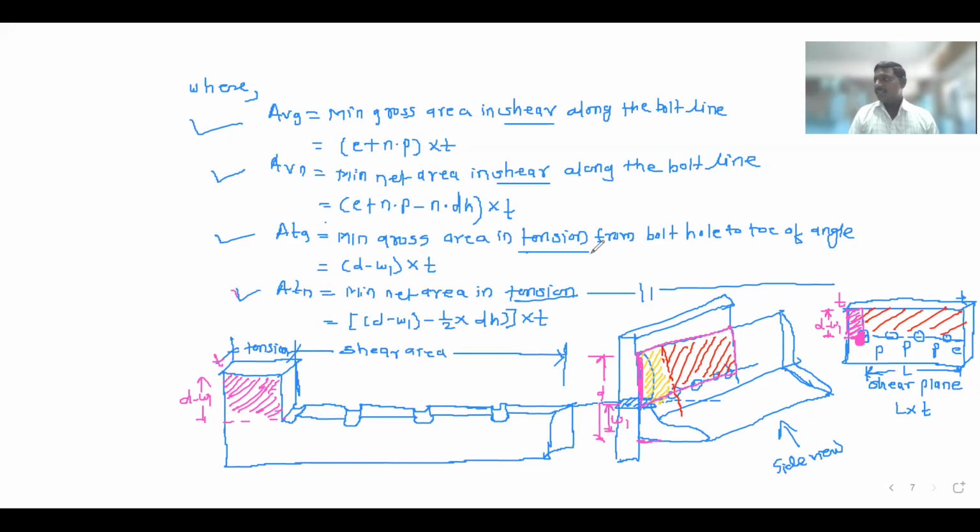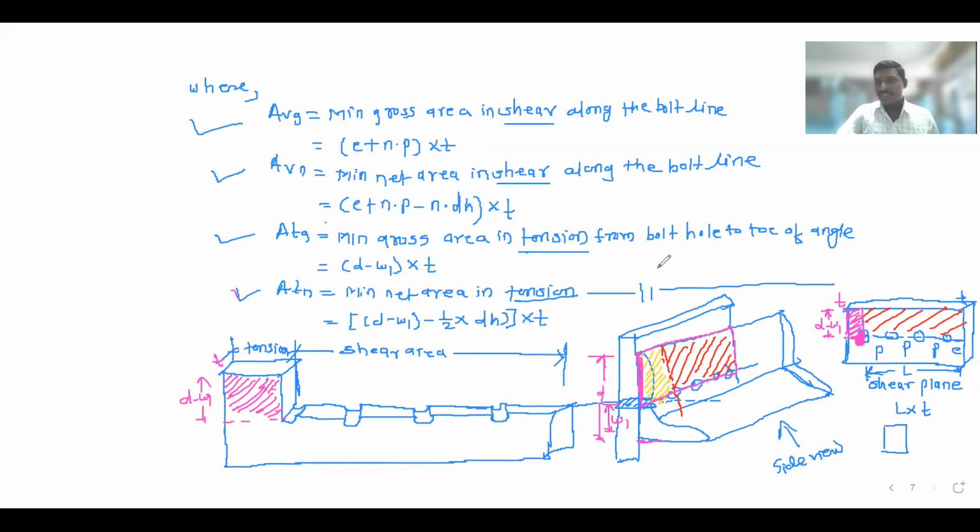Okay, got it? So everyone understand three strengths of the tension member. Design strength due to yielding of cross section, design strength due to rupture of critical section, and design strength due to block shear. Got it? Yes, sir. Draw the sketches. Draw the sketches carefully. So this is very important.